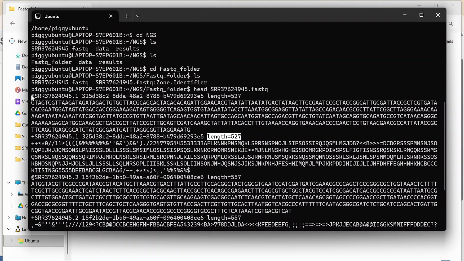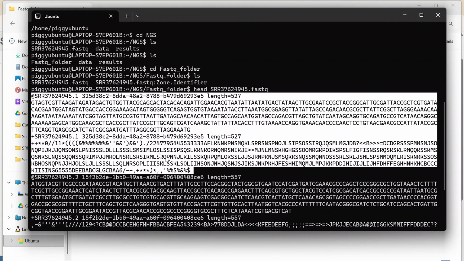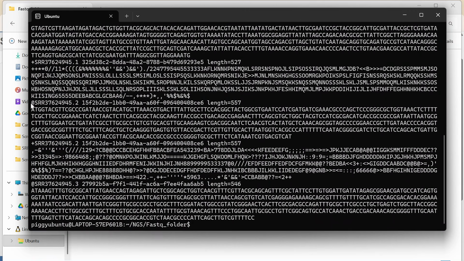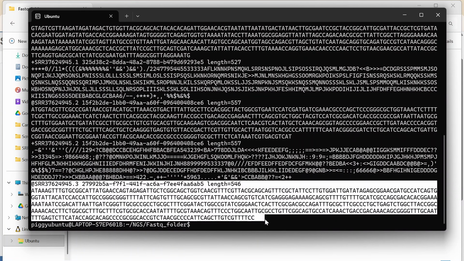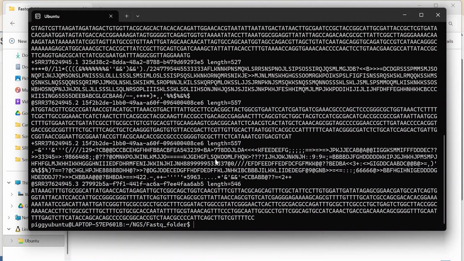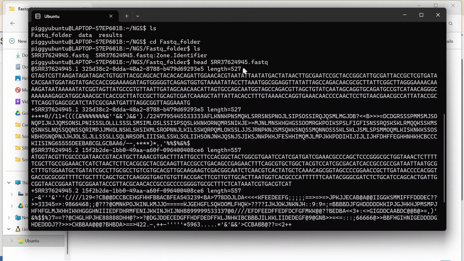Okay, so this is our first read, from at the rate till the quality scores. Now similarly, this is our second read, from at the rate here till the quality scores. And here this is our third read. It is incomplete because we used the head command. So are we clear how to read the FASTQ file? Because we are not going to read it ourselves. We are simply learning how the reads are stored inside a FASTQ file. So all the work will be done by the tools, but we are just understanding how a FASTQ file looks like. So are we clear with this, the FASTQ file?